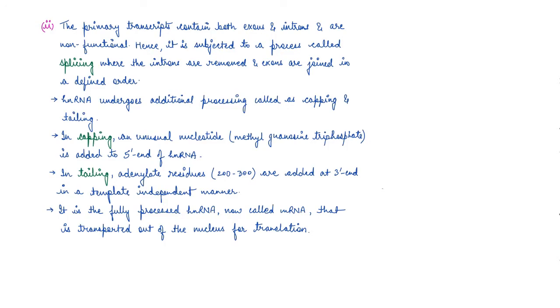So there is again another complexity in case of eukaryotes, right? Now the significance of such complexities, we'll understand in later videos, but now you can see that the presence of introns gives one complexity, that you have to splice it and you have to join the exons in a proper manner, right? So all these things make the transcription process very complex in case of eukaryotes. So guys, with this we have finished the topic of transcription.